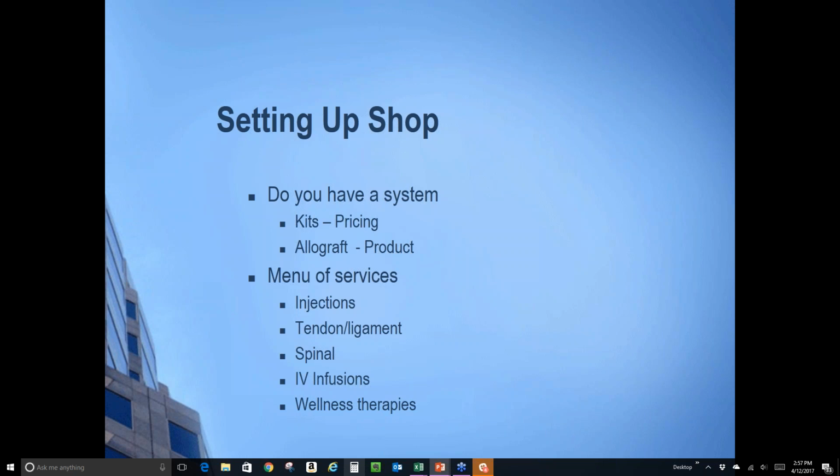Menu of services, what are you going to do? You might not be able to do all of these things right now, but what can you do? Where do you want to start? Maybe you just want to start with joint injections and tendon and ligament injections for my ultrasonographers on the call that have ultrasound training, and just start there. Then maybe you want to step into where you might be doing some more spinal injections. You want to add that in there, but you want to have that menu of services so that you know